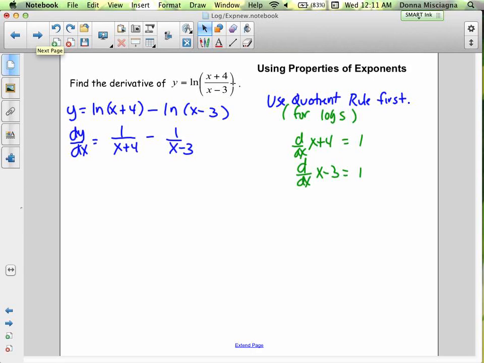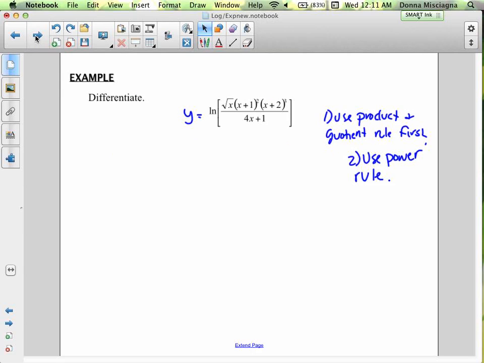But it would have been so much harder if we hadn't split that up. So use those properties of logarithms to rewrite these. This one is going to need to be rewritten. We have tons of stuff there. We're going to use the product and quotient rules first, and then we'll use the power rule like we did before. First, we have a log of a product, and then we have a log of a quotient. So we have y equals natural log of the square root of x